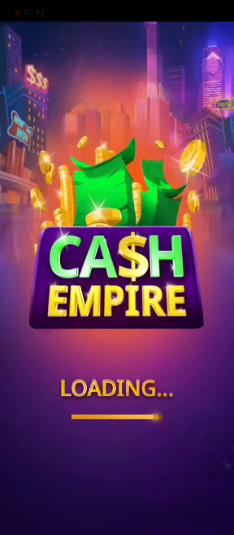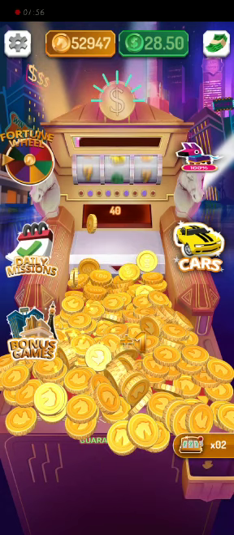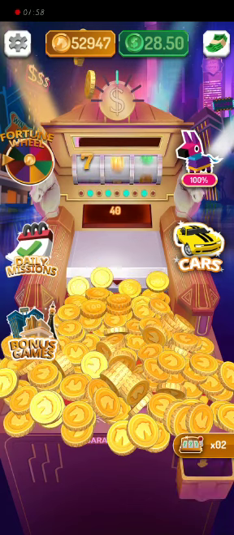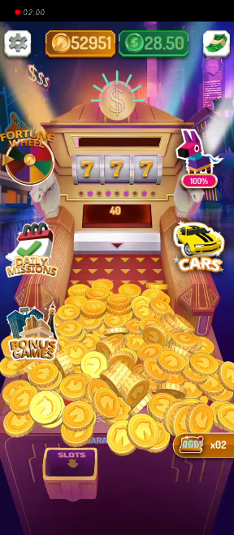Okay, you just have to simply sign up on this app and make an account. When you make an account, you are directed to your game. You just have to play the game. Okay, see guys, I already have an account on this app and here are